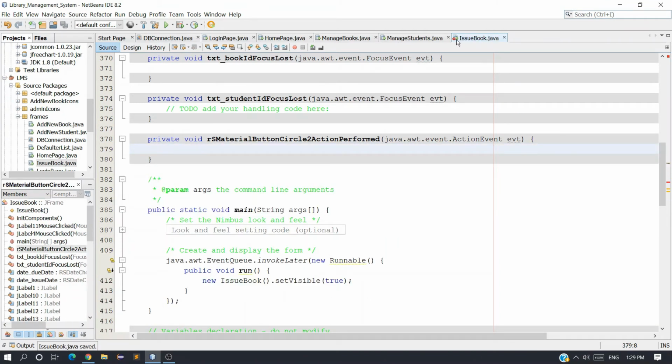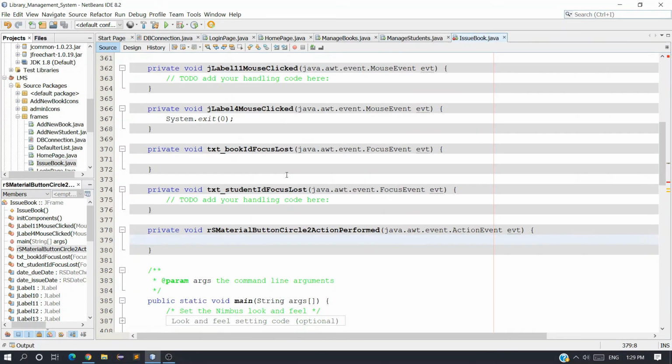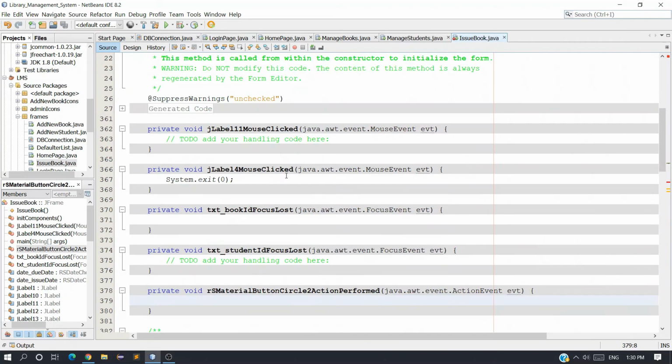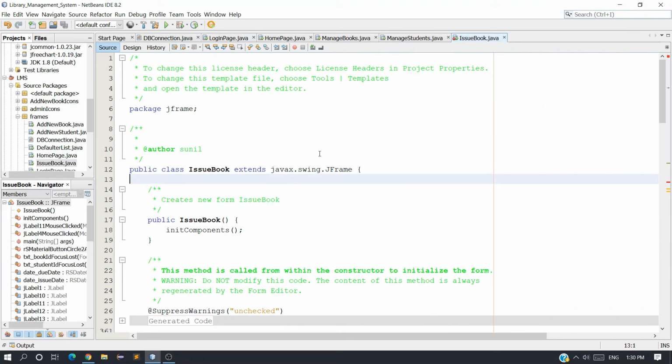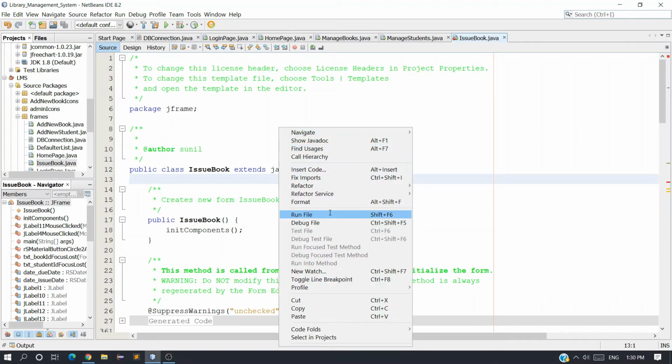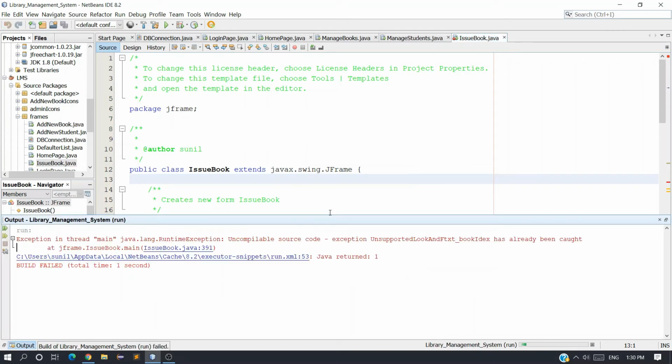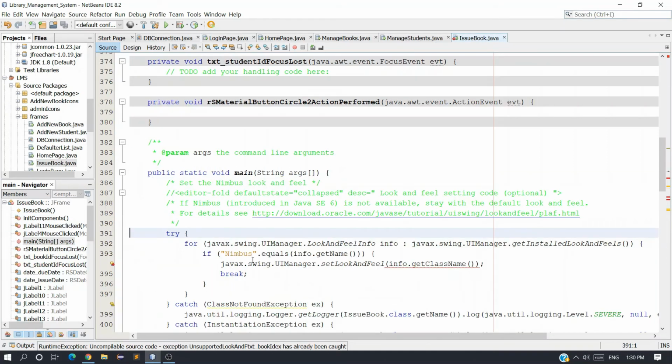Now you can see we got also one error. Let me check where it is. No, we don't have any error. So let me just run it, run file, and yes, we have error. Unsupported book index, book id has already been caught 391.